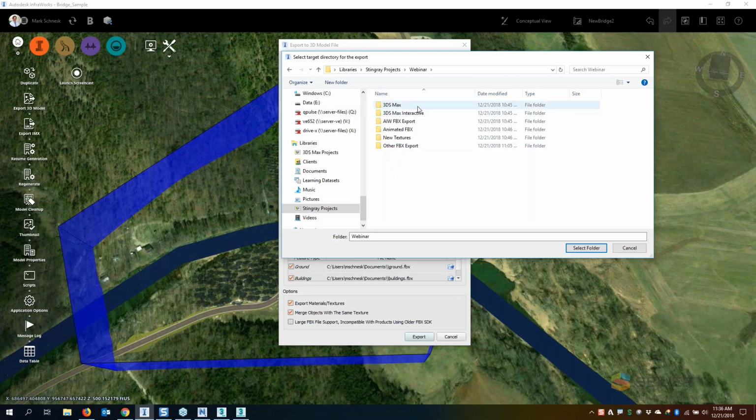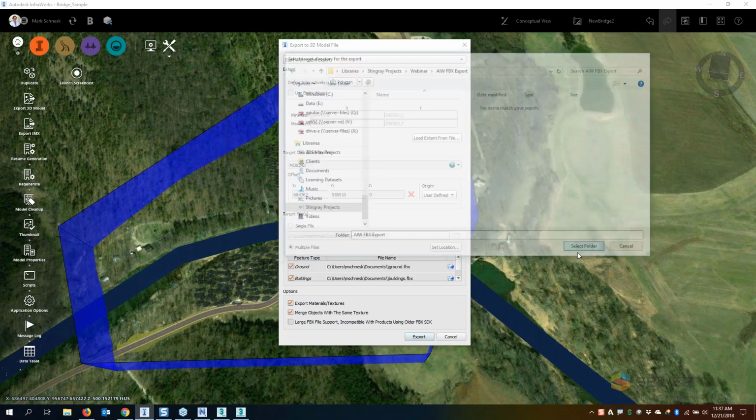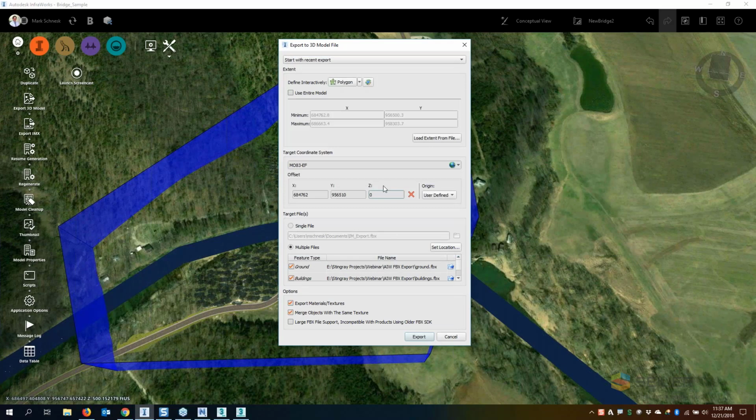I have a place for my 3ds Max model, a place for my 3ds Max Interactive model, a place for all my exports from Autodesk InfraWorks. We'll do some animated exports out of 3ds Max using Civil View, a place for new texture libraries, and this other FBX was for my Navisworks model. So I'm going to put this in my AIW FBX export, select that folder,